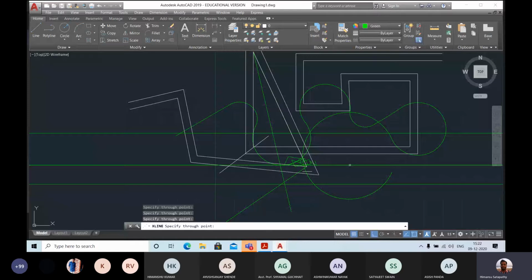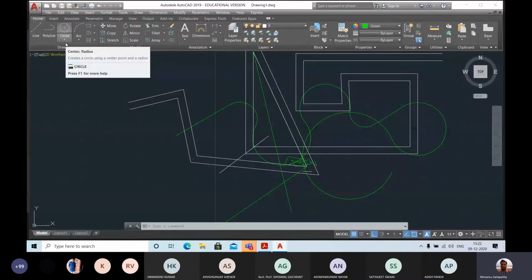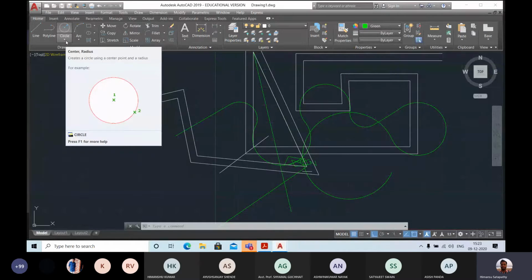You can select anywhere, it will be drawn. You cannot find these three lines' starting or ending point. Okay, so these are your X line. So there are many types of line. There is another command, SPLINE, special polyline. If you want to draw curves, you need SPLINE. Similarly, we will discuss more on polylines in the next class.